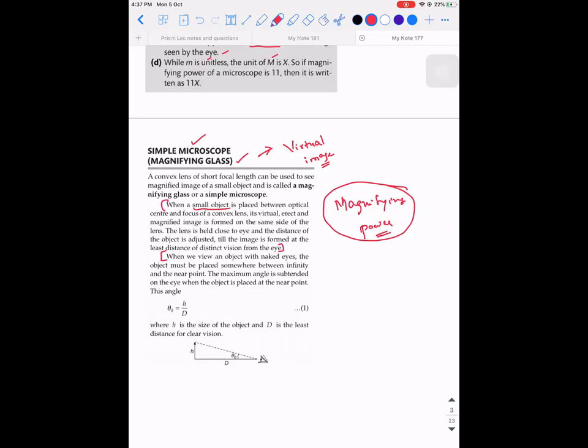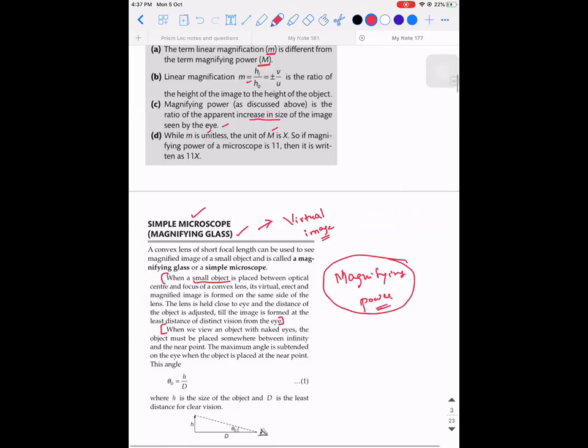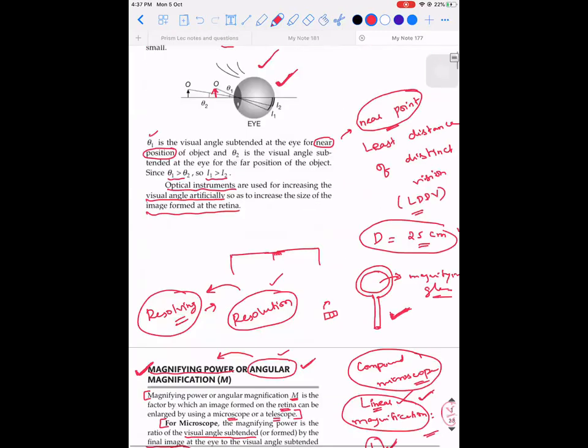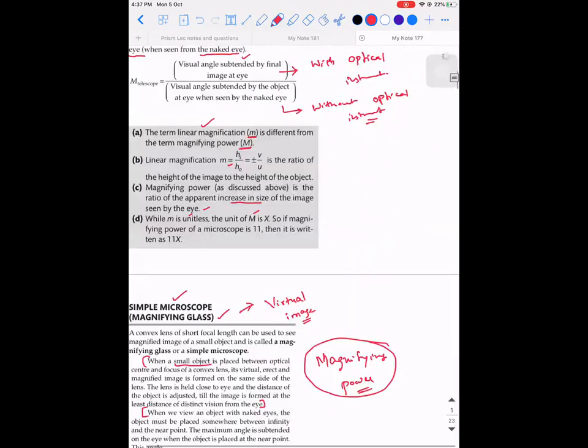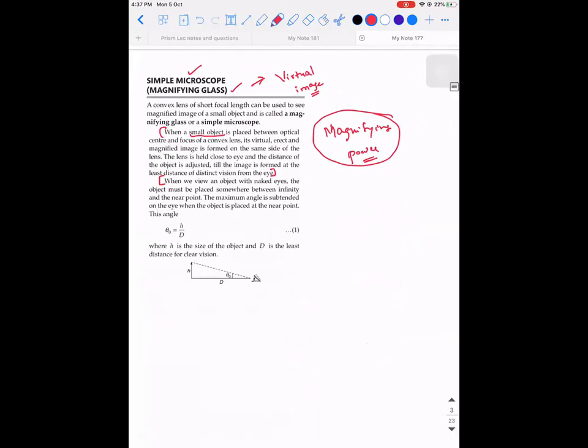So from this, from the concept of visual angle, we are clear that the maximum angle is obtained only when the object is placed exactly at the near point. So let's say this H is the object which you are trying to view with your naked eye. Your eye is here. So when do I say that you are able to see the complete image? That is when you are able to see the bottom as well as the top. Accepted? Then if I take this angle, that angle is what is called theta naught.